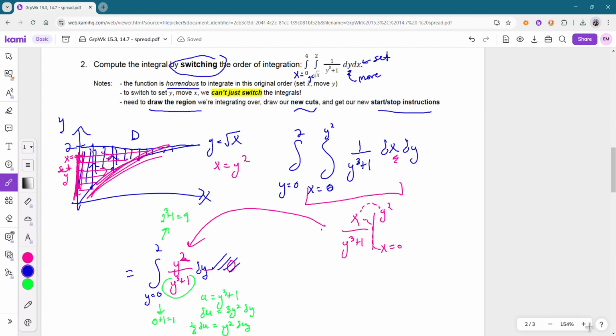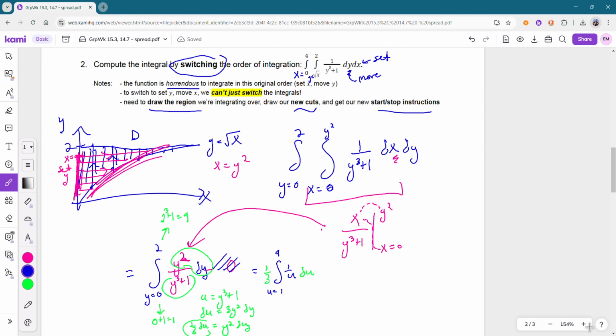And translating our integral in terms of our u substitution, we get a new integral from u equals 1 to 9 of the y squared dy just becomes 1/3 du, so I'll toss the 1/3 out front, and then our fraction here just becomes 1 over u,